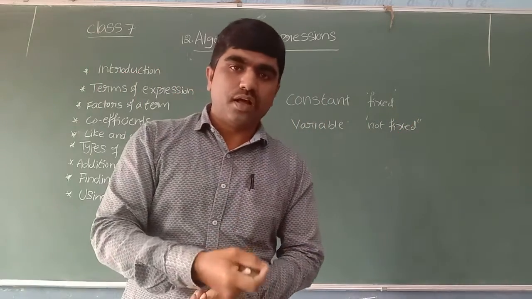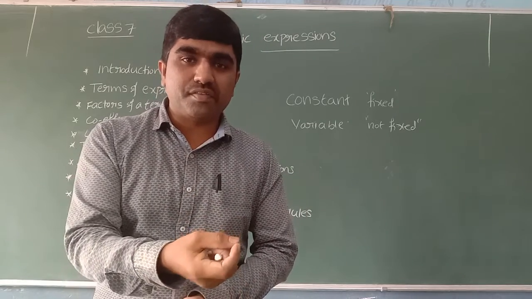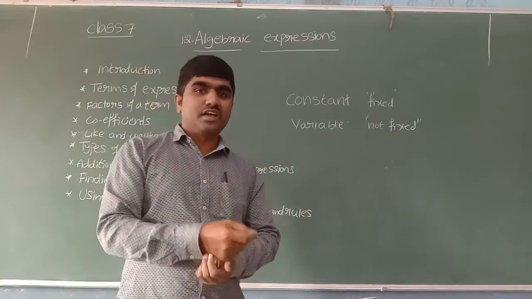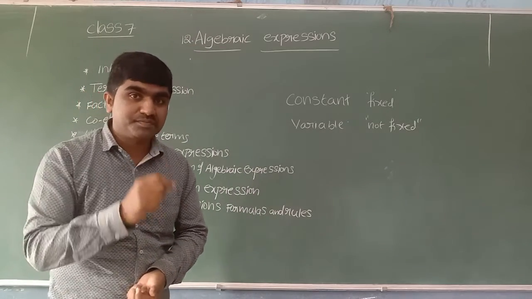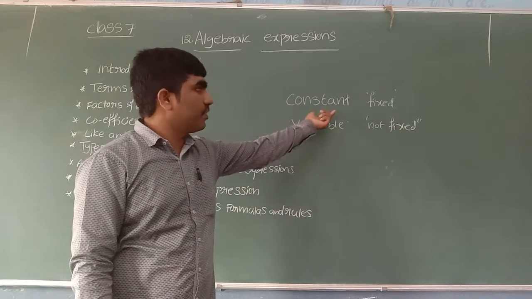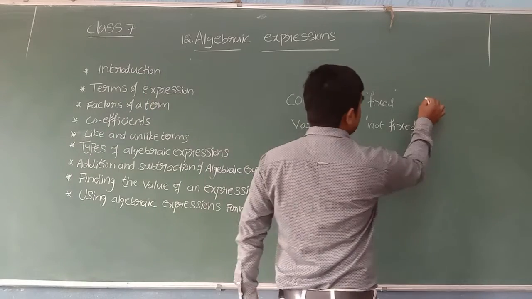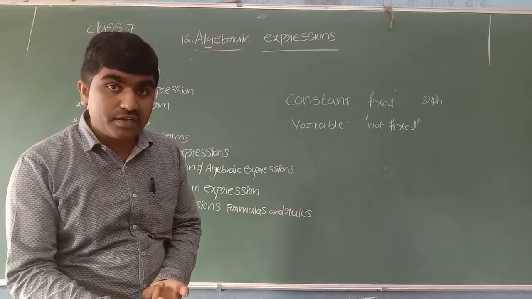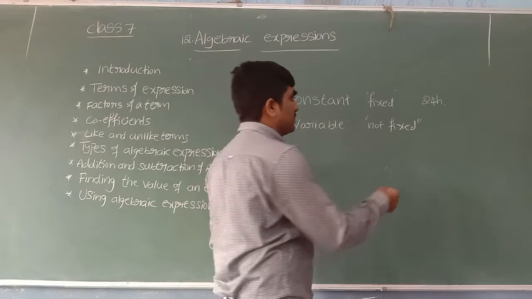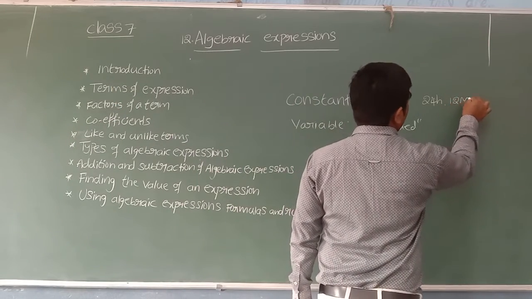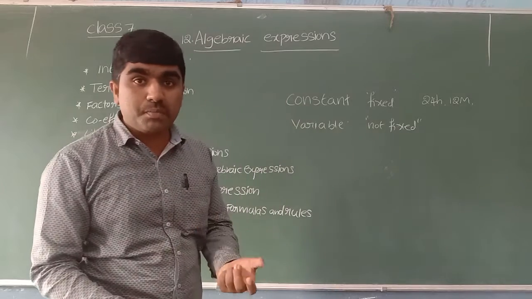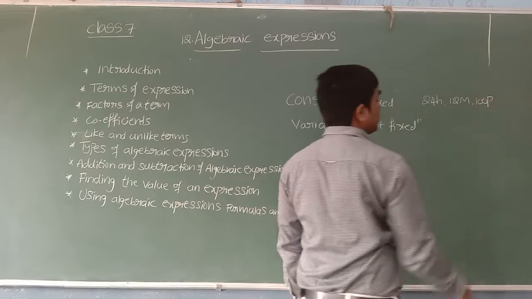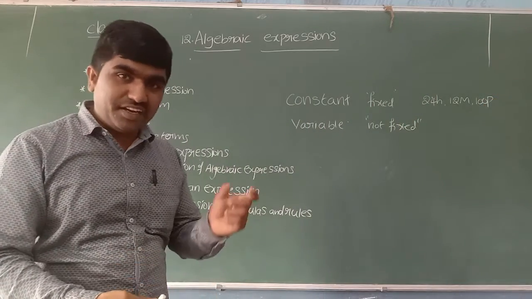Example, you can see. Suppose I ask you how many hours per day. Sir, per day we have 24 hours. You can tell the answer fast. 24 hours per day is a fixed value. Example of constant: 24 hours per day. Suppose I ask how many months in a year. One year contains 12 months. If I ask how many paisa in 1 rupee, 1 rupee is equal to 100 paisa. This you can say very fast, because it has fixed values.